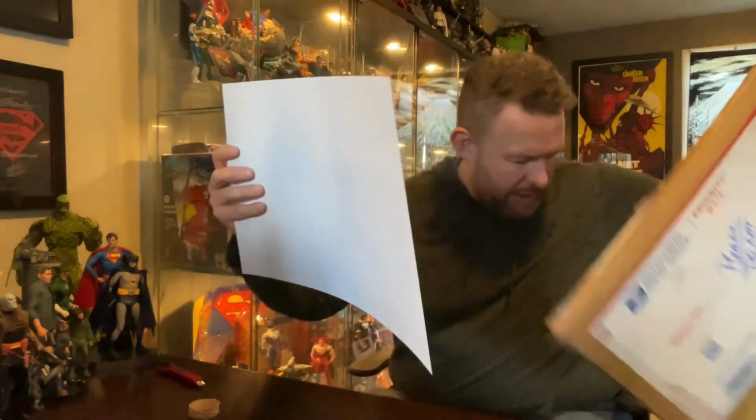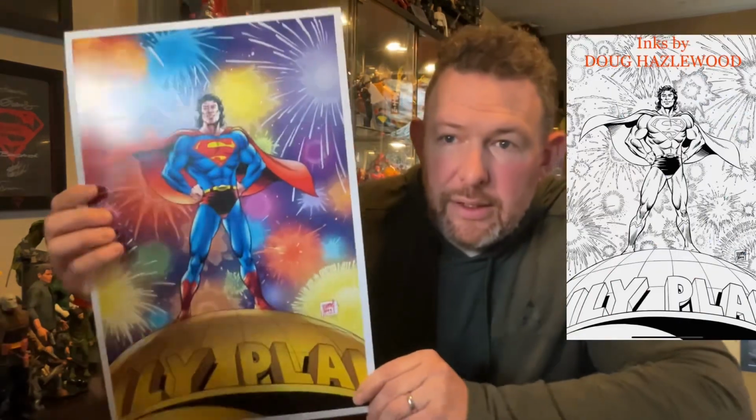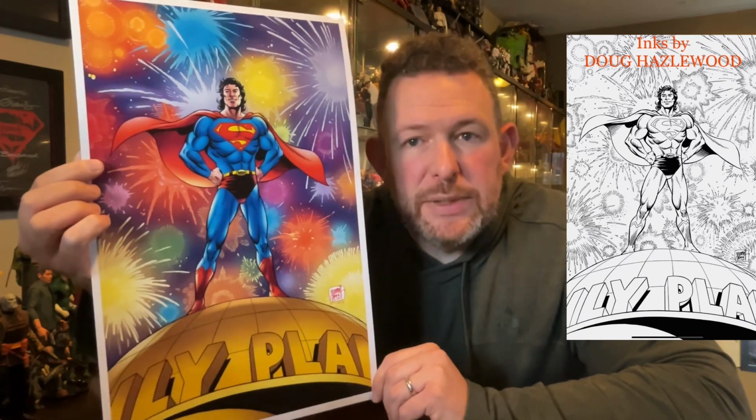So yeah. What I have here is a commission that I had done from Tom Grummett a couple years ago, and then I commissioned Glenn to color it. Now it's the photo on my profile on the YouTube channel, but I finally have an actual print of it. I had a digital file, but now I have a print of the piece, and it's Superman on top of the Daily Planet globe. It's a play on the Adventures of Superman